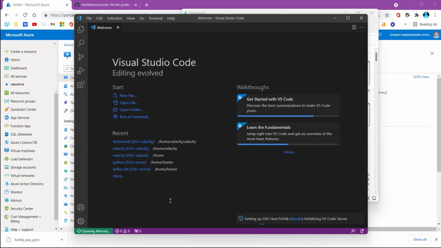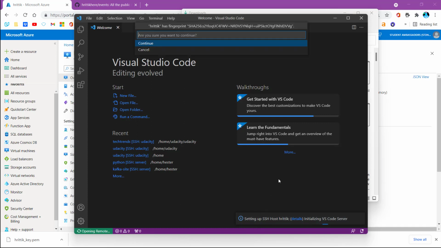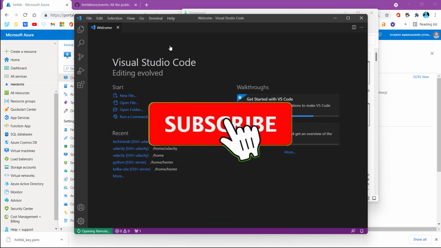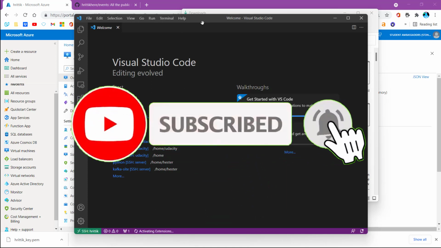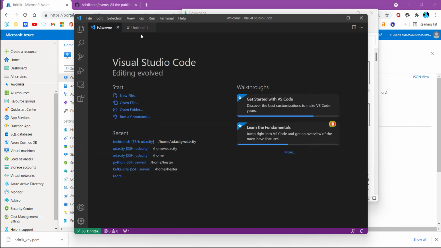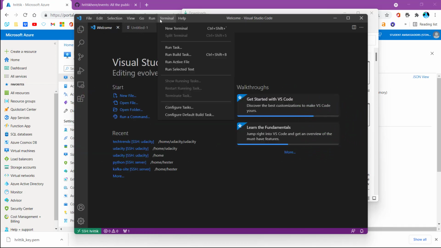In remote, it is setting up a server on our virtual machine. You need to click on continue and verify the fingerprint. So yeah, we are in the machine.